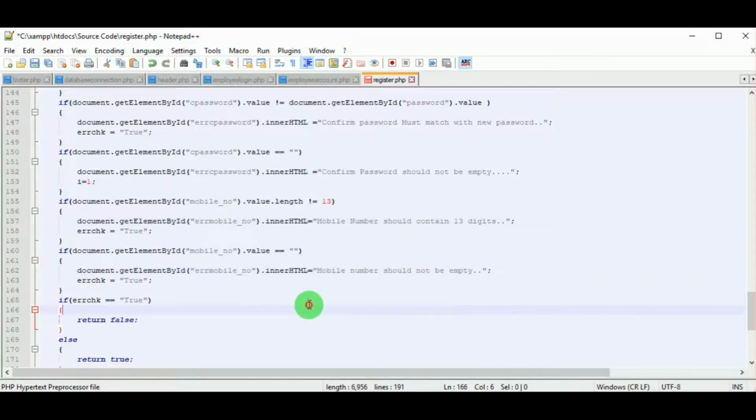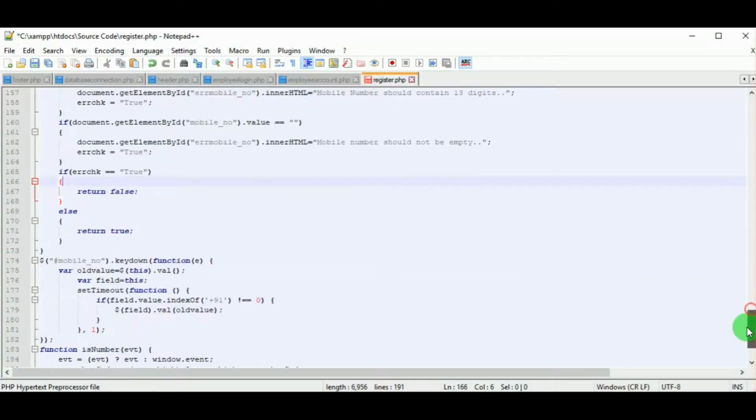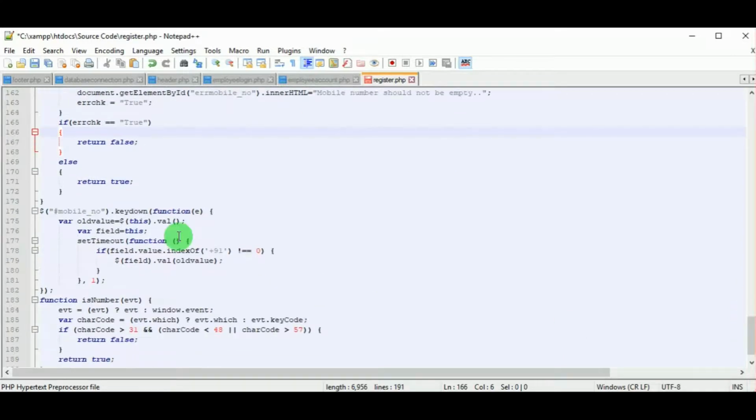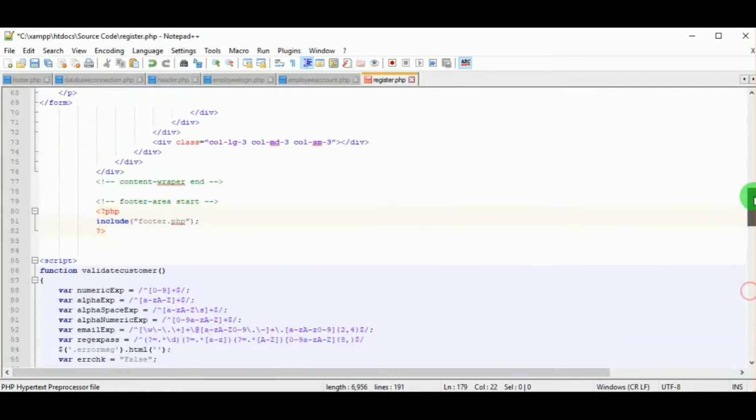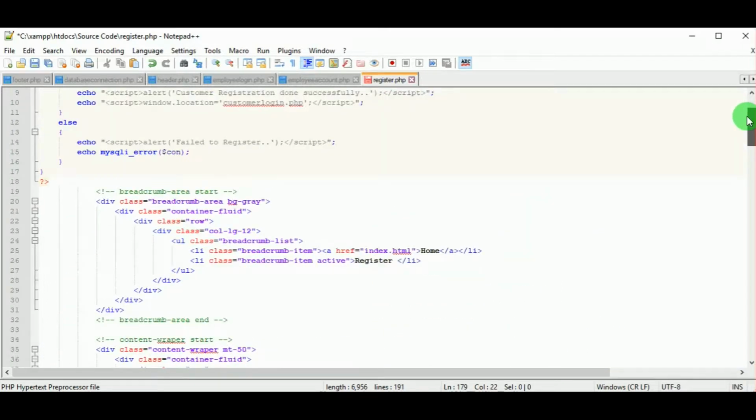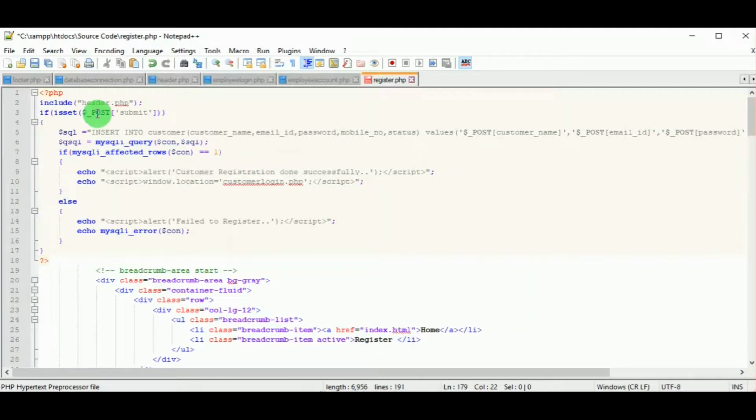Next, mobile number should not be empty. So there are two functions, one is for the mobile number, where we are checking whether it is a number, and one more is +91, that is the value that must be present in the register form under the mobile number. So on clicking on submit, after checking the validate function, the post method is